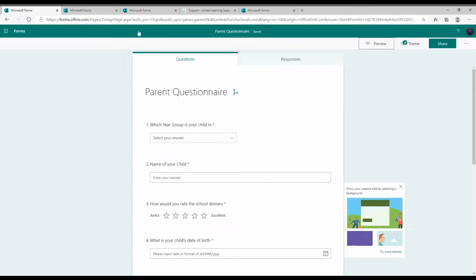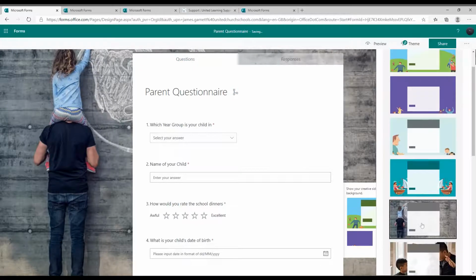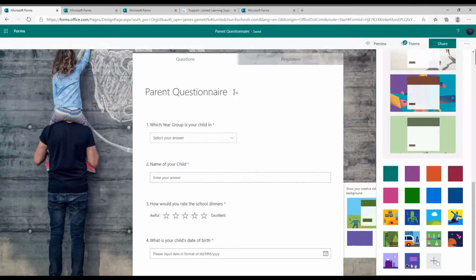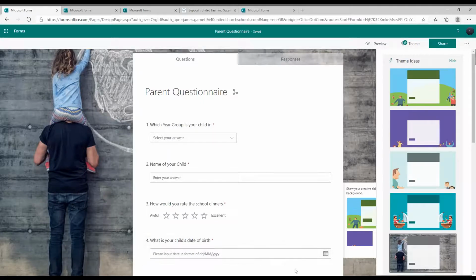I'll go back again. And once you're happy with this, you can then share it with your parent community. A couple of things to bear in mind. I can add a theme to it. So I could add maybe that as my theme. You can, if you really want to, and you've had some images done around the school, and maybe it's a nice image of the school, you could go here and upload an image of your school if you wanted to. I'll keep that for the minute. And then if I go to share,